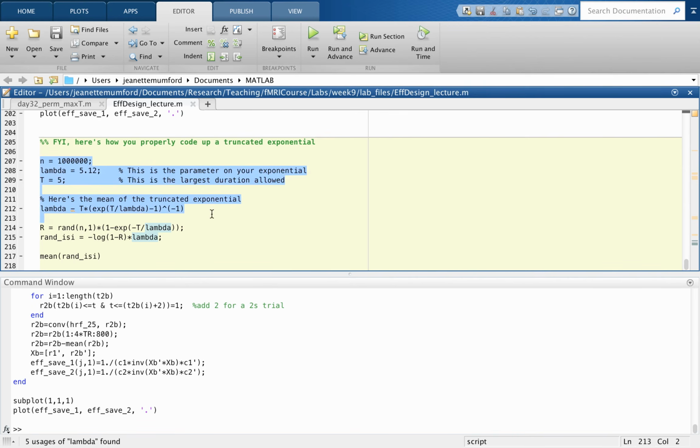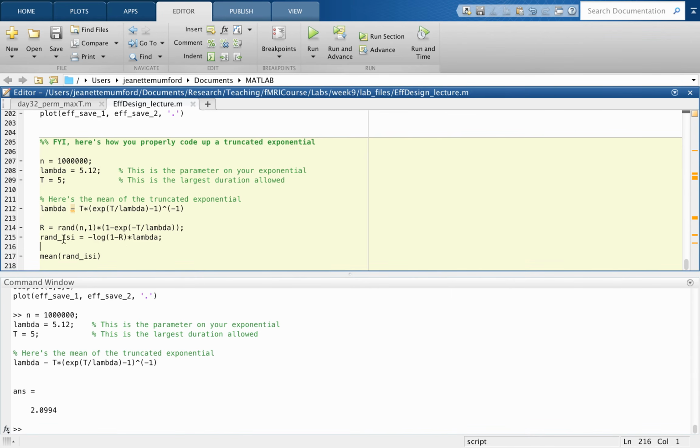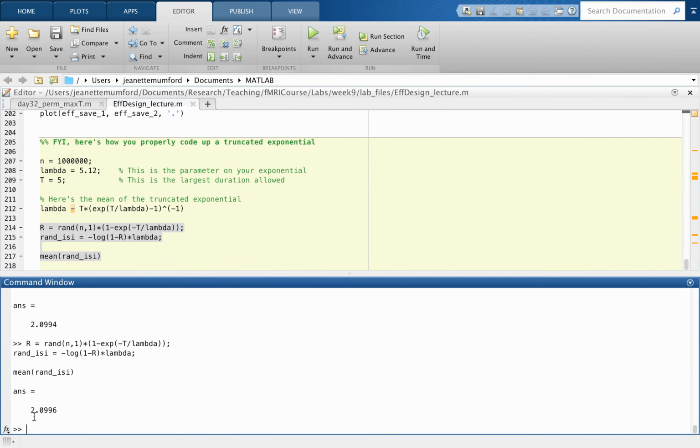So for these settings, the true mean is 2.0994. This code generates the truncated exponential values, and you can see I'll verify that the mean is right. 2.0966. That's with, I don't know how many simulations I did here, like 1 million or something. But anyway, hopefully you believe me. And this is the proper code for doing a truncated exponential. You don't just necessarily simulate a bunch of exponentials and throw away the values that are too big. Okay, I think that's